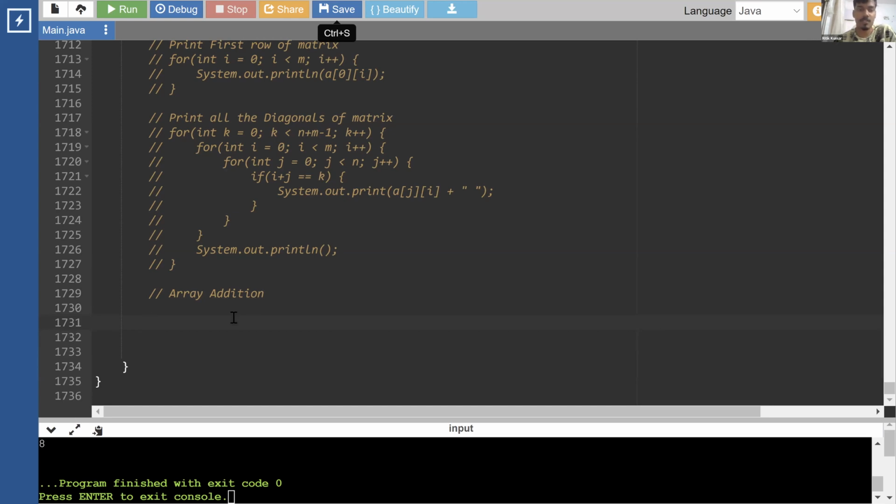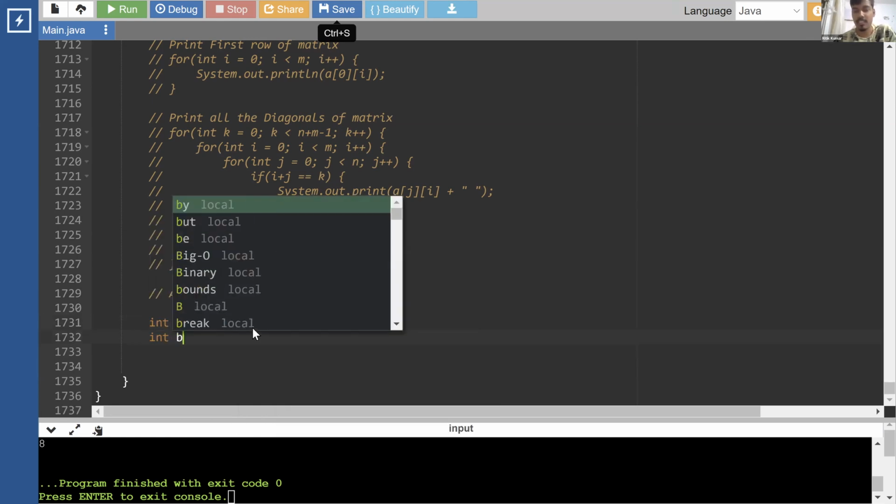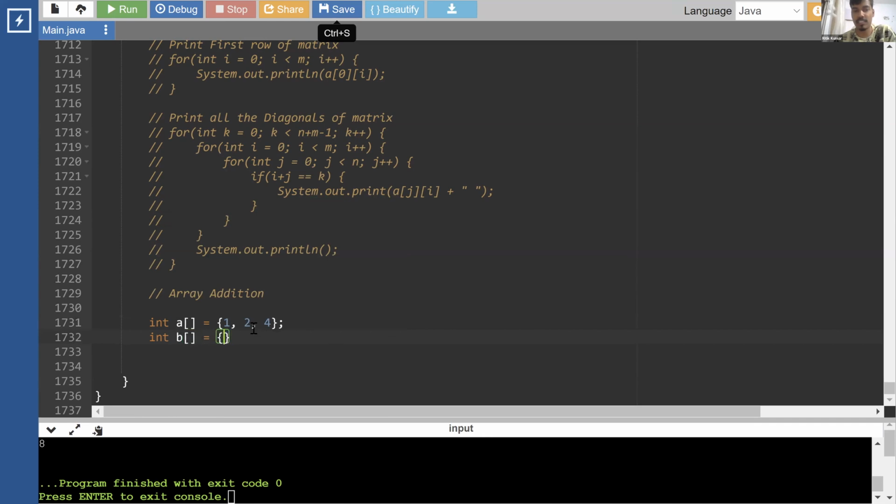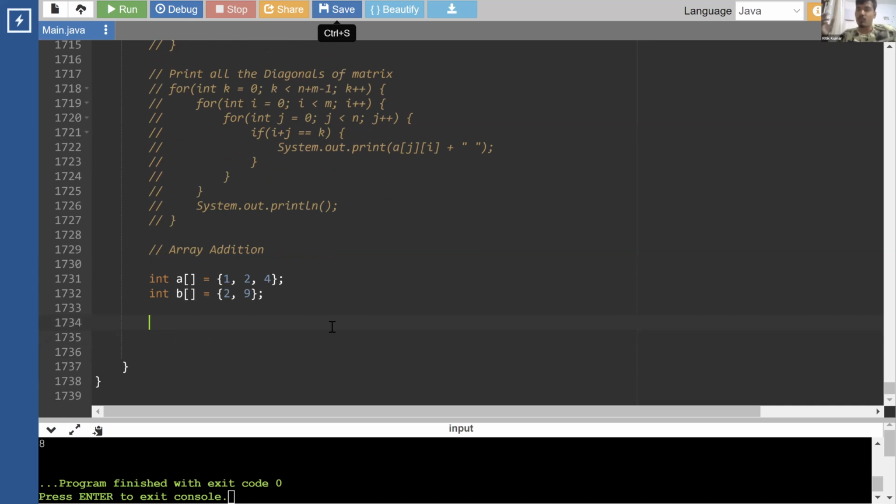So what is array addition? Let's say we are given two arrays, and we just have to add them. Let's say this is our A array, which has values like 1, 2, 3, 1, 2, 4. Then we have a B array, and for understanding, let's take it as a different size, like 2, 9. We also have some carry as well. So you have two arrays, they can be of equal or unequal size, and we have to figure out the